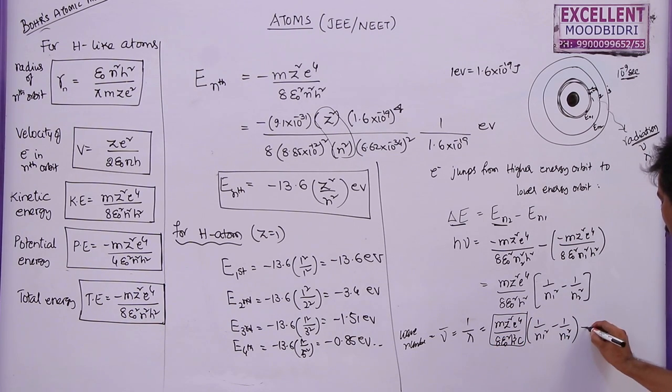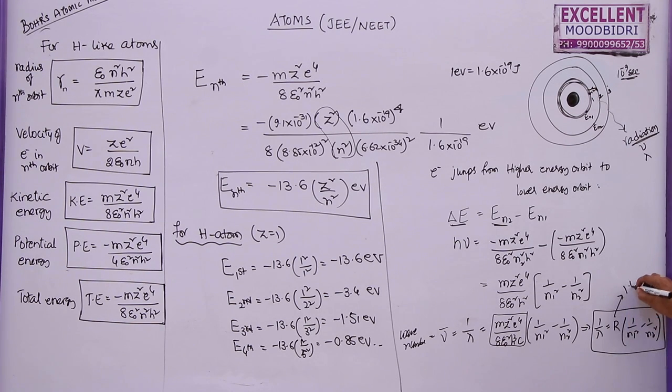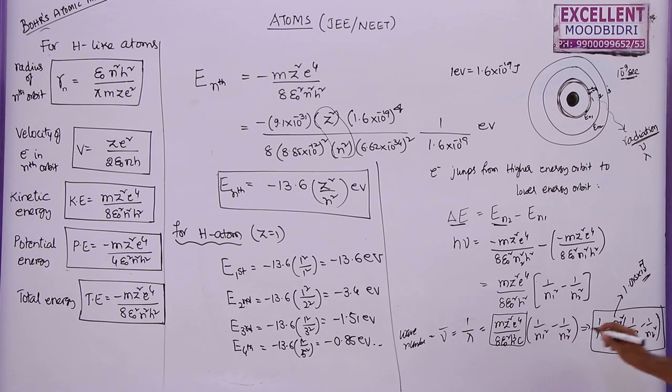And now you can write 1 by lambda equals R into 1 by n1 square minus 1 by n2 square, where R is equal to 1.09 into 10 power 7 here. This is R z square, because z we also have to bring outside. So, for hydrogen atom you can take z is equal to 1. So, now